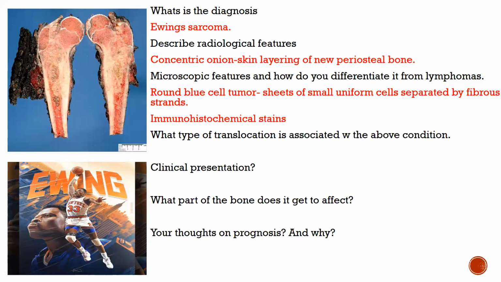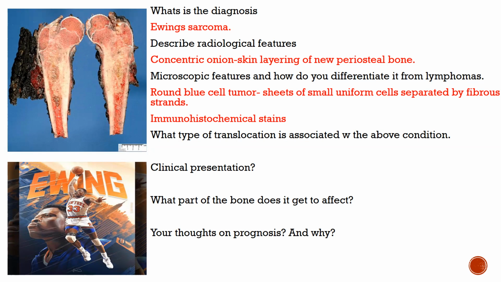So the microscopic features that you get to see under a microscope is something called a round blue cell tumor. Then it kind of appears like a lymphocyte in a way. So maybe when you're doing this, you might think this is a lymphoma or any other thing. But to distinguish it from a lymphoma, you have to do the immunochemical. The type of translocation associated with this condition, Ewing sarcoma,